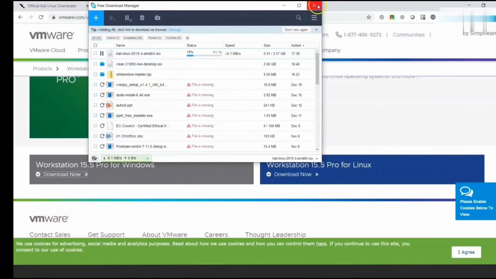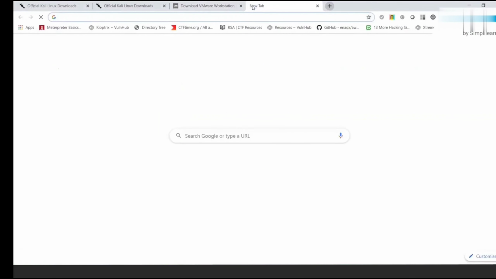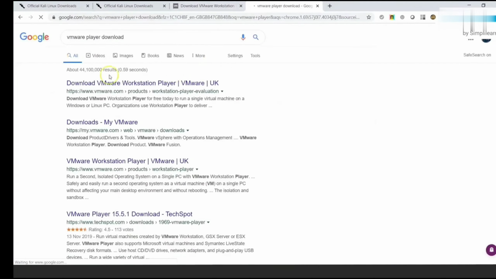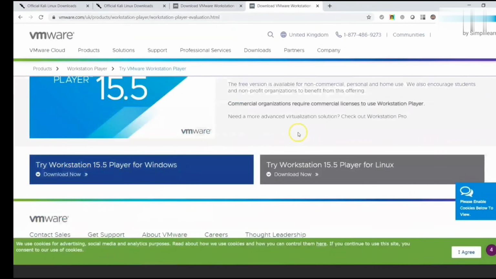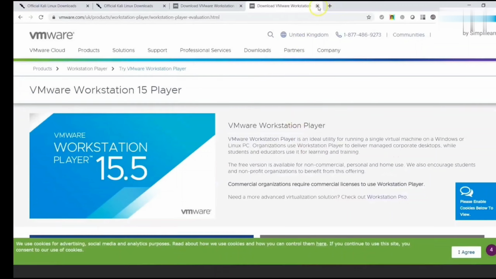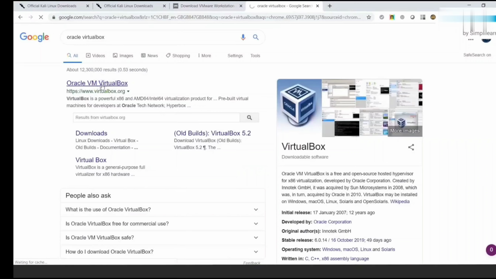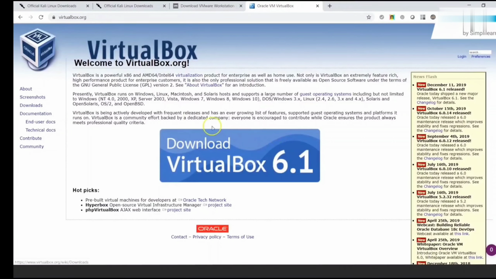If you do not want to utilize this, the free version that you have, you can either download VMware Player, but there are some limitations for VMware Player that you might want to look at. You want to compare these products before you want to purchase them, right? Otherwise, you can download Oracle VirtualBox, which is a free hypervisor. It's not as robust as VMware Workstation, but it does the trick, right? So the free version 6.1 is free, and you can then create your own virtual machines over there and install operating systems on them. I already have VMware Workstation installed, so I'm just going to open that up,